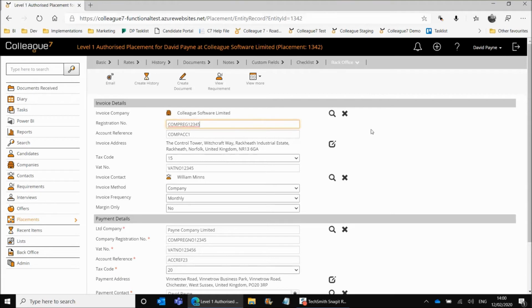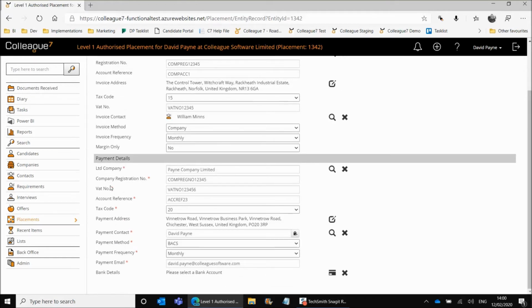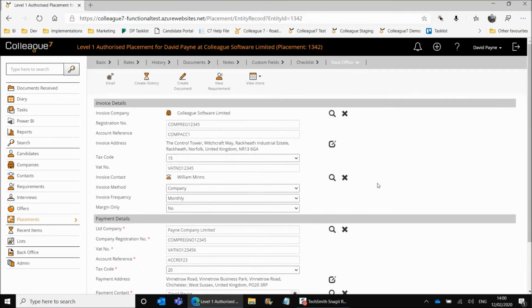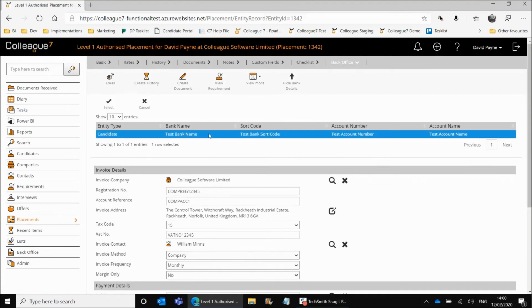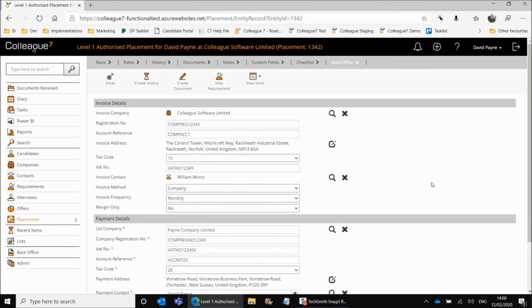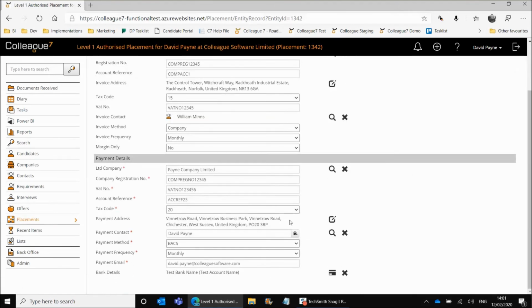It still can be edited, and in this area is where you've seen the invoice details, which were stored against the company record, pulled over into the placement as part of the placement being made, and the payment details in relation to the candidate have been pulled over. So everything essentially has been stamped into the placement from the associated company and candidate. From here, you can specify any remaining components in relation to the placement from the back office tab,